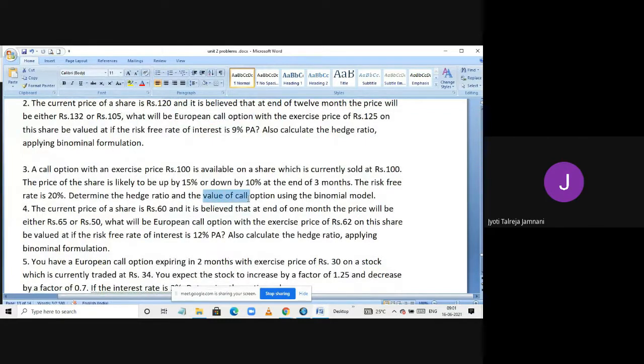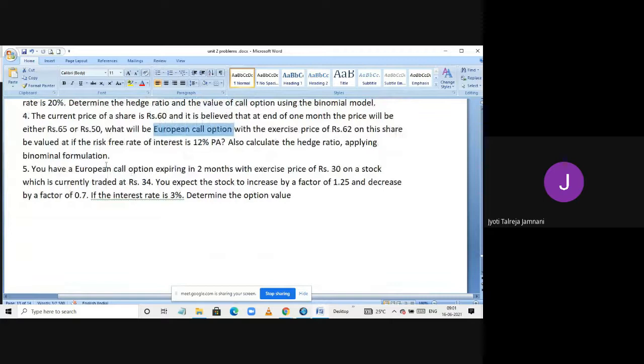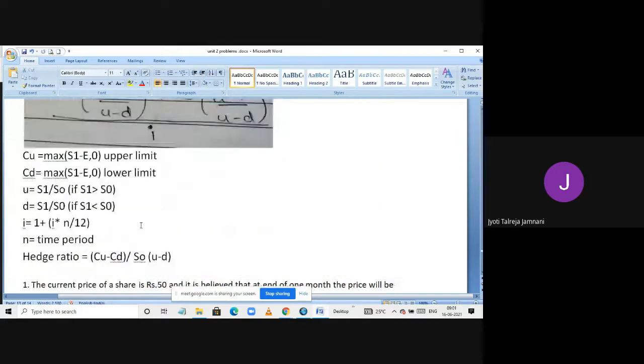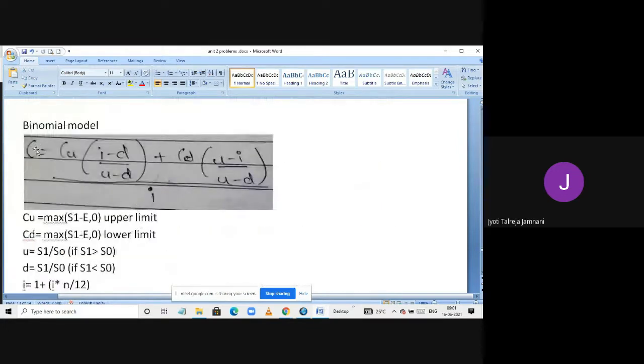Okay, so here, the value of a call option. In any sum you take up, I have around 5 sums, and in the books also, whenever I have seen, it just finds the value of a call option. So it's fit for finding the value of a call option. That's why the formula also, if you see, begins with C. C means call option premium.